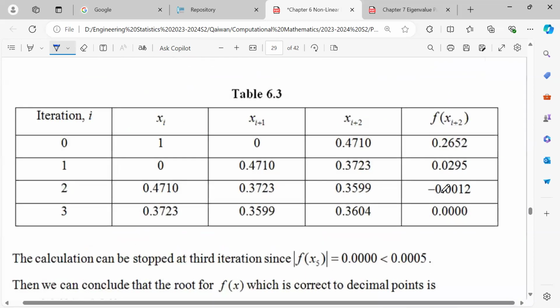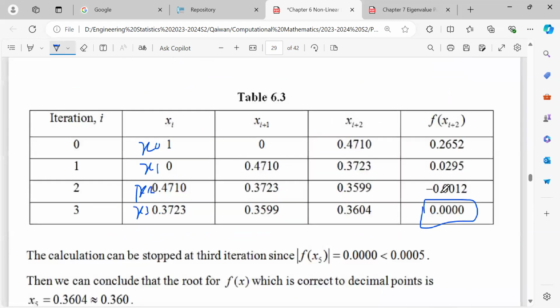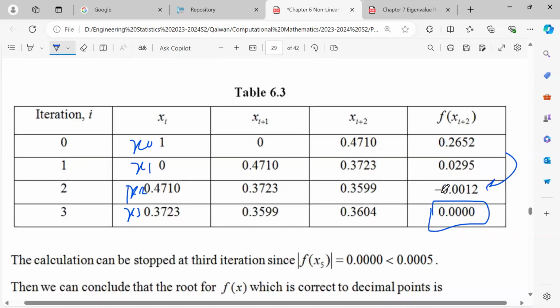Here this is x0, this is x1, sorry, this is x0, x1, x2 and x3. In x3, when we find it, after 4 decimal points we have non-zero values. Okay, after 4 decimal points we have non-zero values. And it says, sorry, the one before,